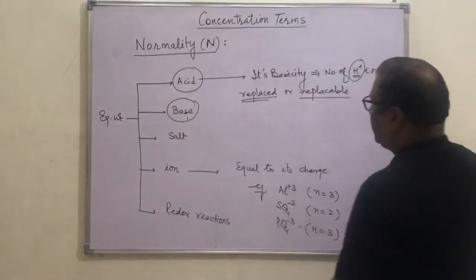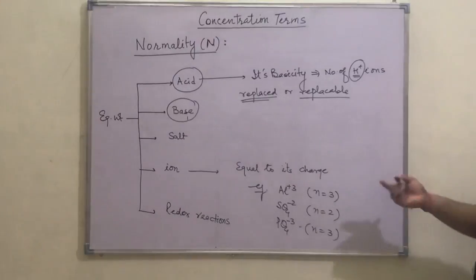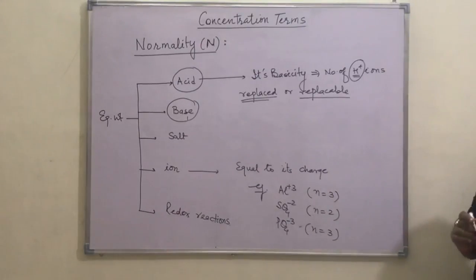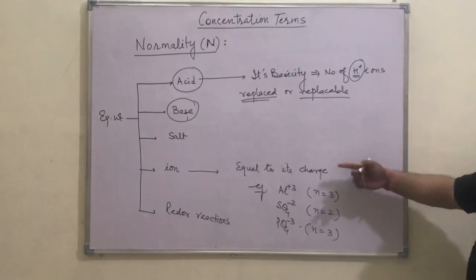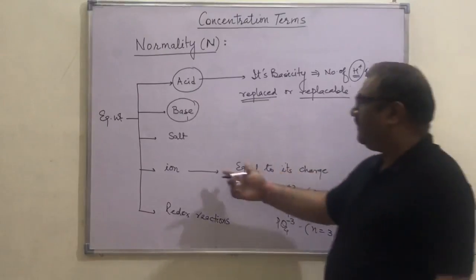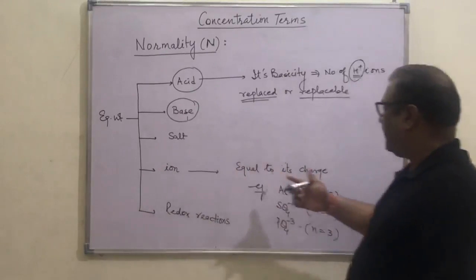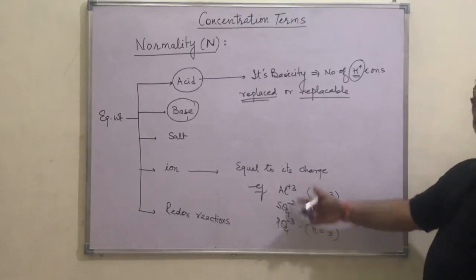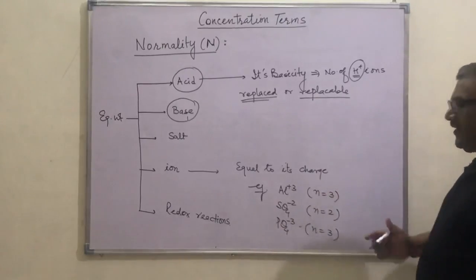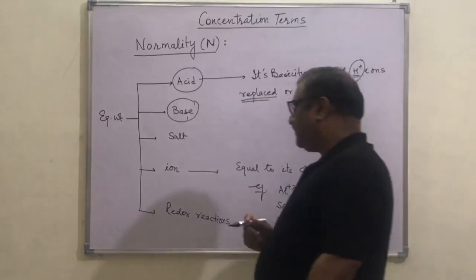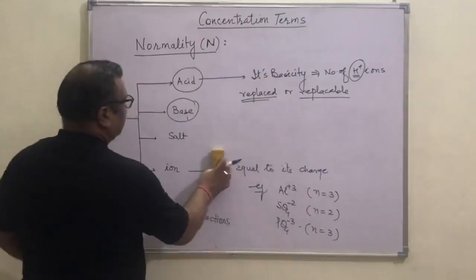ओके. So for the ion it is very simple. Ion may be cation or anion and we have to look for its charge only. तो total का यहाँ पे कोई consideration नहीं है because we will be looking for one ion only, and in that ion how much charge is shown in the form of its valency, that will give us its N value.